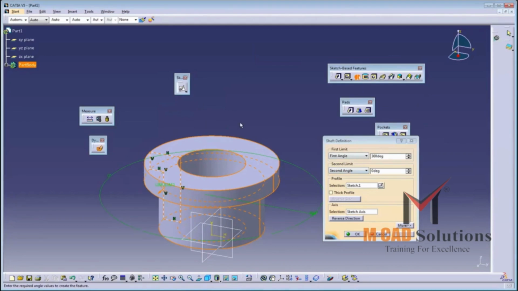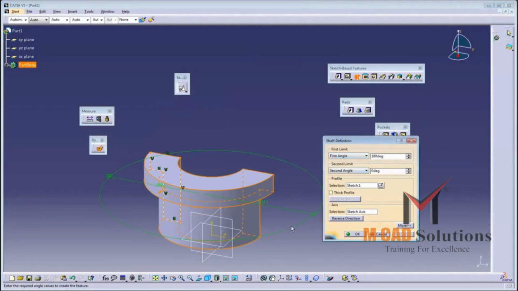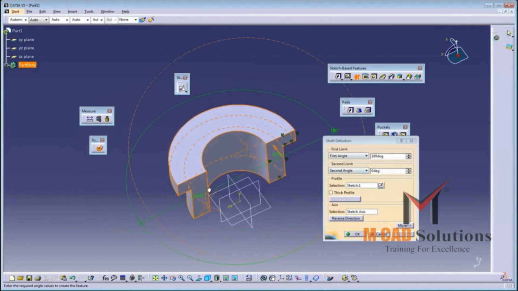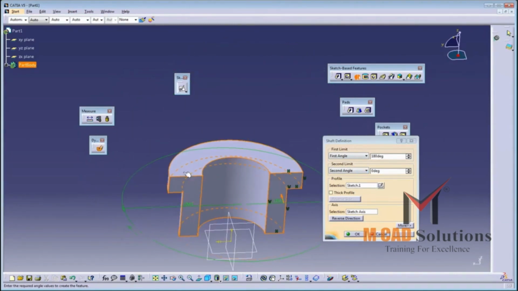So material will add 360 degrees. If you want to change some angle, select the first limit and give the dimension 180 degrees. Means material will add in 180 degrees. This is a solid